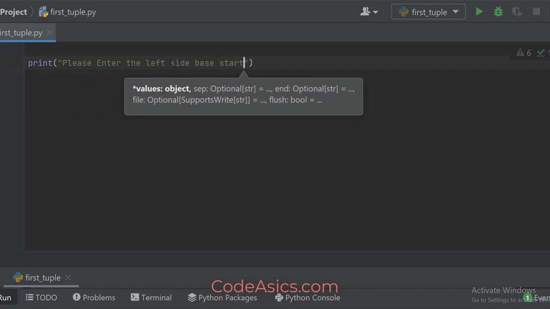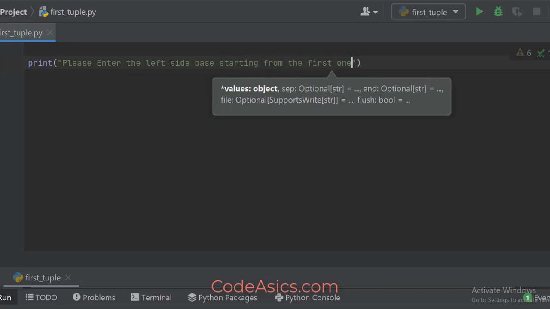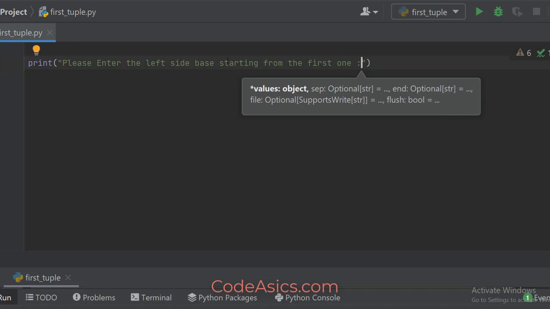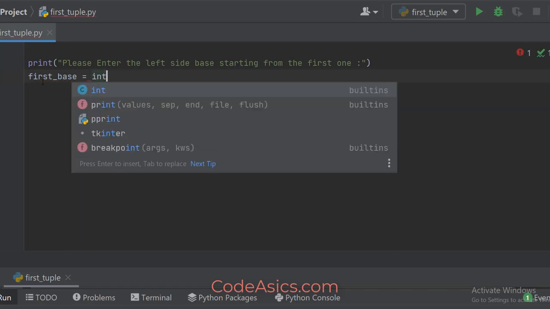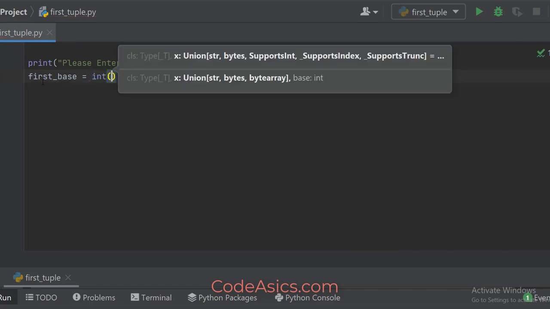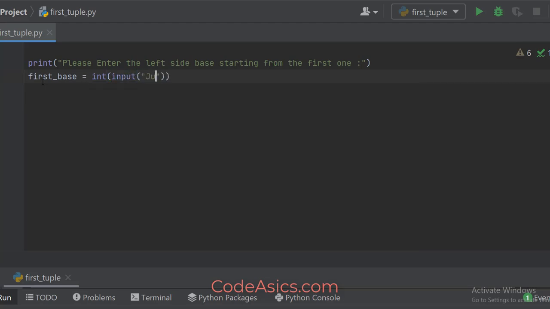Okay, so that one would be entered here. So we will have to collect the first base. First underscore base is equal to int, I'm typecasting int of input, just the base number alone, just to give some information. So the first base is entered,